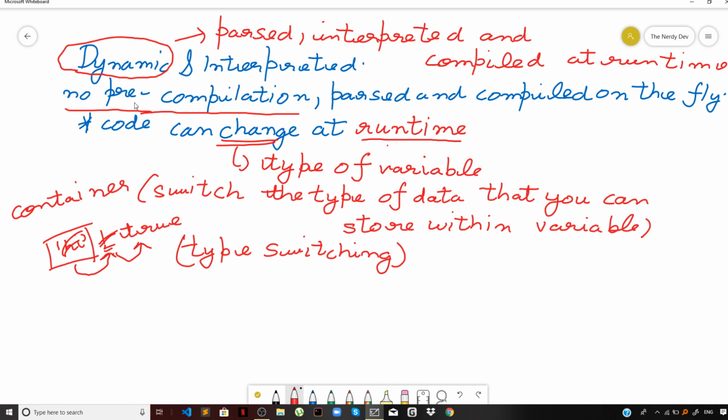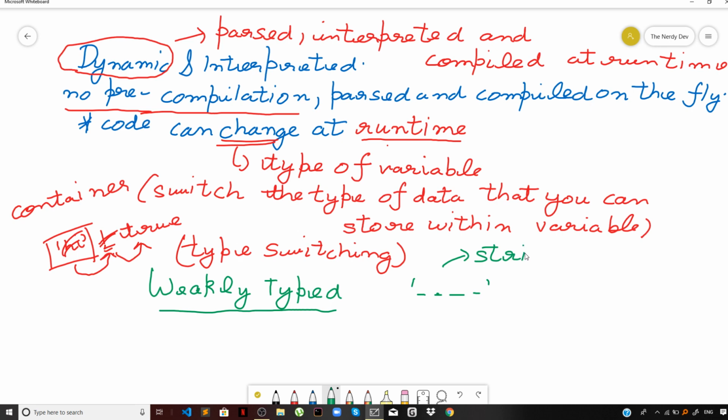Okay, now let us discuss the term weakly typed. What do you mean by a weakly typed programming language? By the English definition, you can understand that the types are weak for the language. It means that when you work with data like text, a string, or number data, say 1, 2, 3, or any decimal value like 72.56,